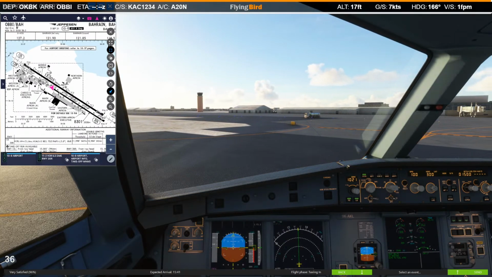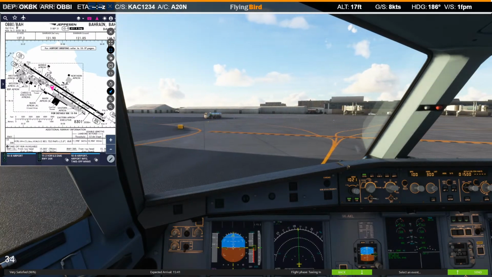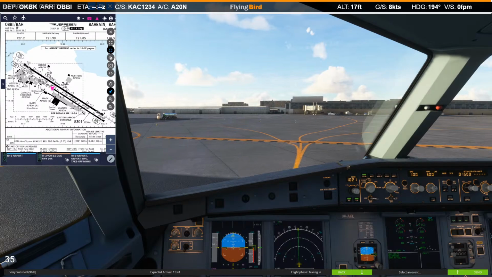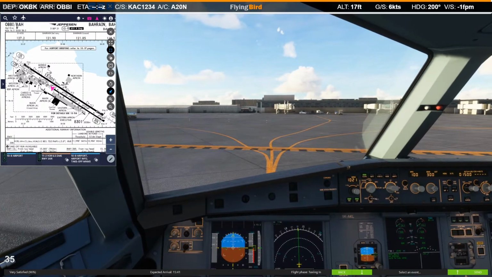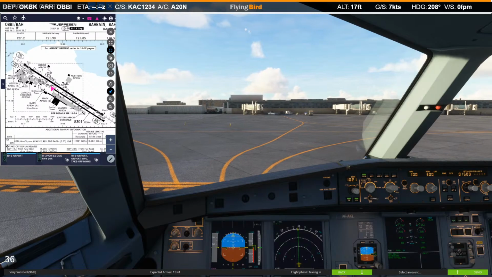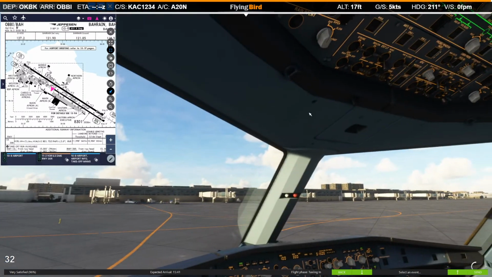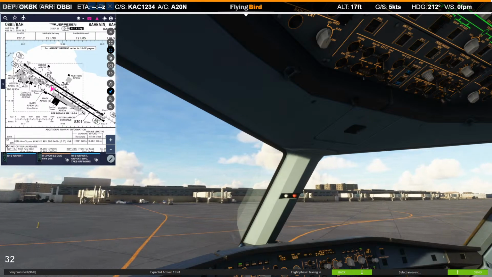And landing lights I also have to turn off, and we will just park in front at the gate in front of us. Give me a second, guys. APU, let's start both, and